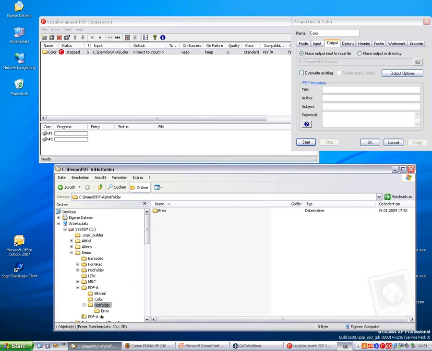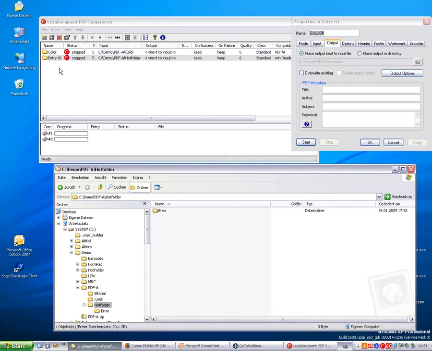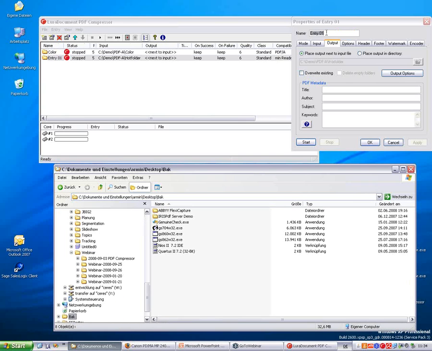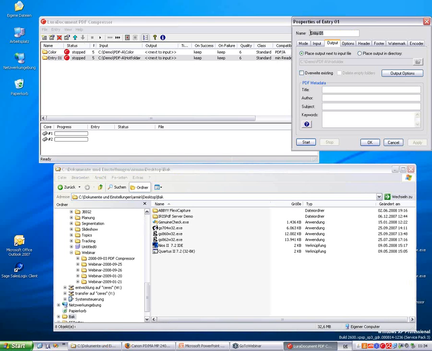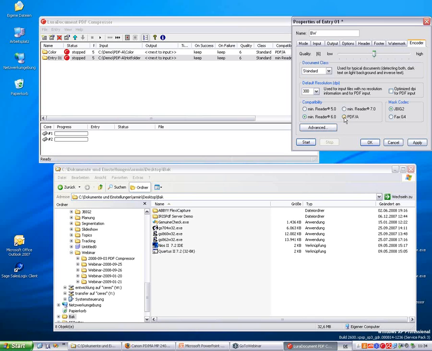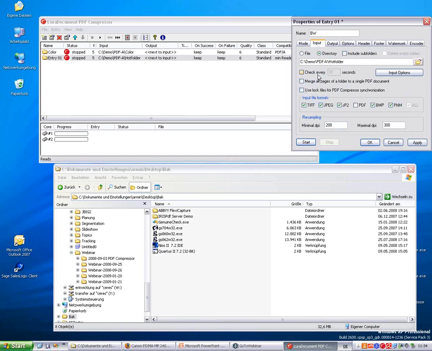So I will drag this folder, which is basically empty. It just contains a subfolder. I will drag it in here, maybe also give it a name for a distinction. And of course, once again, I have to set this to PDF-A. And now I will set this folder to be a so-called hot folder or watched folder. I will basically specify that it is to be checked every 10 seconds for incoming content. So whenever a new document appears in this folder,